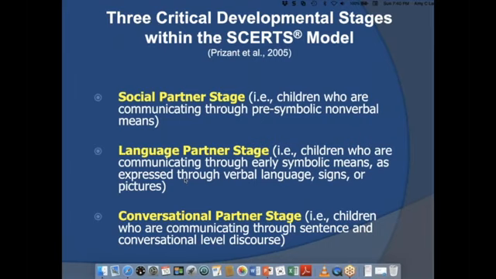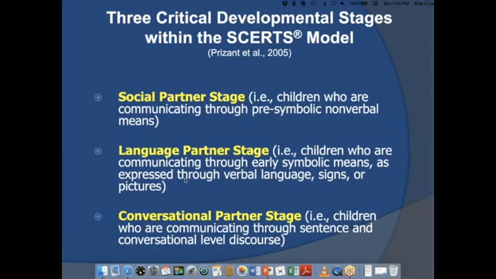So this is how we do it in SCERTS. We determine whether they're a social partner, a language partner, or a conversational partner. Okay. Once we make that determination, that launches us into a whole direction about the types of supports and the types of goals or objectives that we might choose for the child in our lives who has these challenges. So our social partners, and this is where I wish I had popped up a poll question for you guys as well. Both of the children that I worked with, well, that's not true. Both of them were social partners at one point, and one was moving into the language partner phase, for sure.